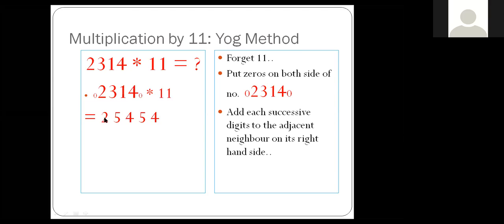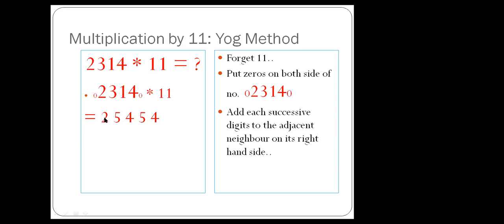Beta, today I am teaching you only the multiplication of any number by 11. If you have to multiply by 111 or 101, there are other methods. There are n number of methods. Right now I am teaching you the multiplication of any number by just 11. If you know the 11 table, you can write directly. If you don't know the table, then use this formula. Just put small zeros on both sides of the number and add each number with the next digit. 0 plus 2, 2. 2 plus 3, 5. 3 plus 1, 4. 1 plus 4, 5. 4 plus 0, 4. So you should know addition, and that's why this formula is called the Yog method.